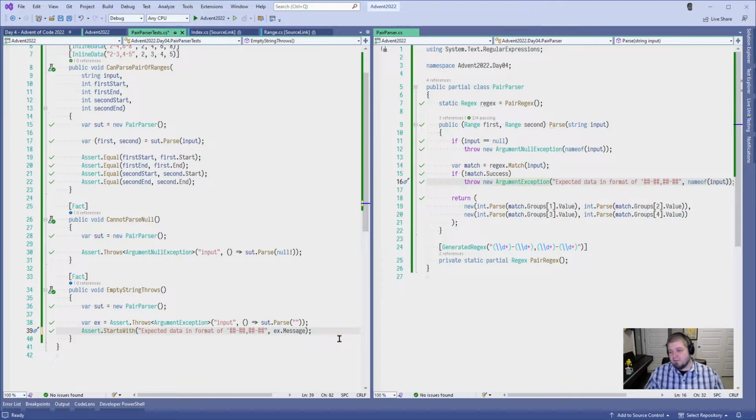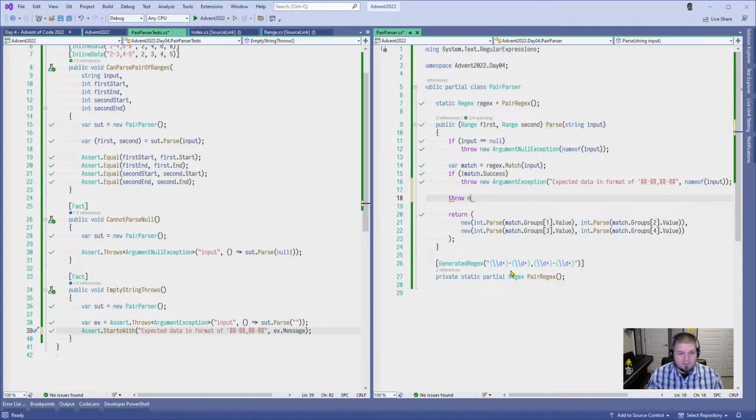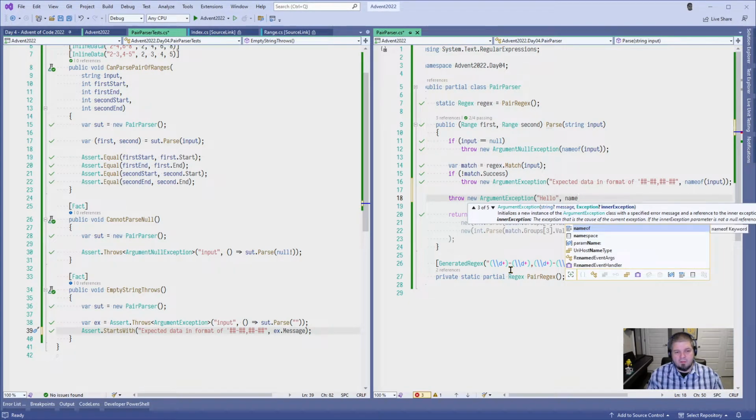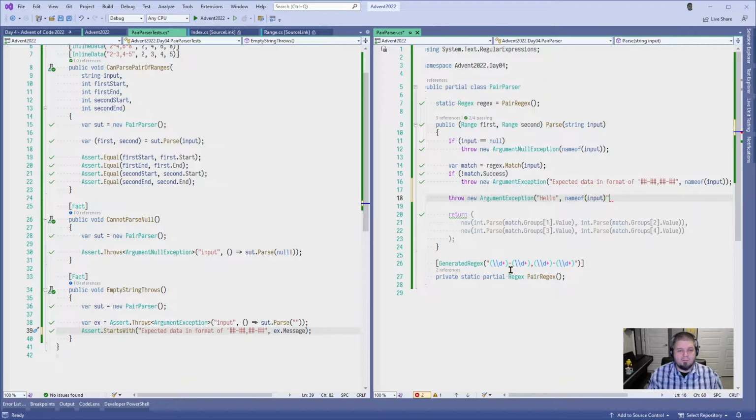The reason why I suggest yes is so that the ArgumentException is being thrown from the right place. So here's an example. Let's say I were to just throw new ArgumentException, "Hello." Right? Now, obviously, I wouldn't do this for real, and it's going to cause all of our tests up here to fail. But if I did not,